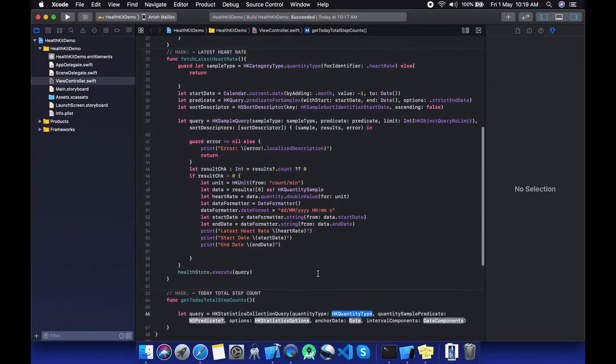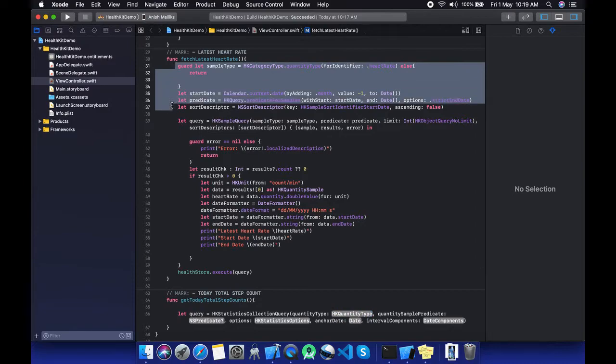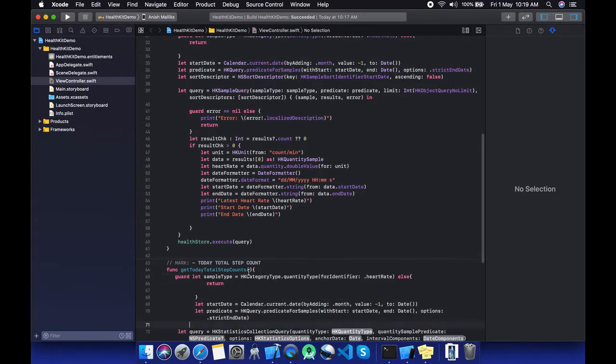Up to the predicate, everything is the same.